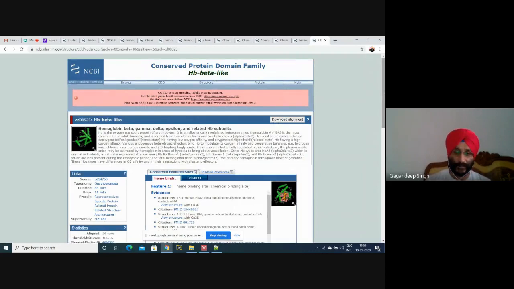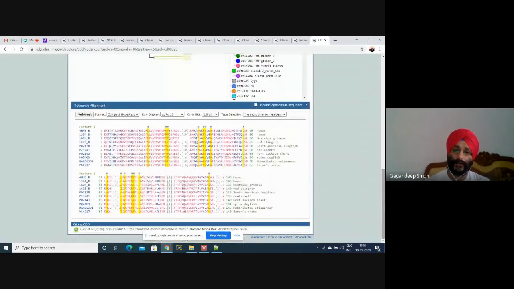Other databases are InterProScan, and then PFAM. Then there is the conserved domain database, PFAM, InterProScan, and EMBOSS. InterPro, only InterPro, not Scan. And then CATH for these types of domains. For families, PFAM. For pathways, it is the KEGG database. Okay. Now there was a question of local alignment.